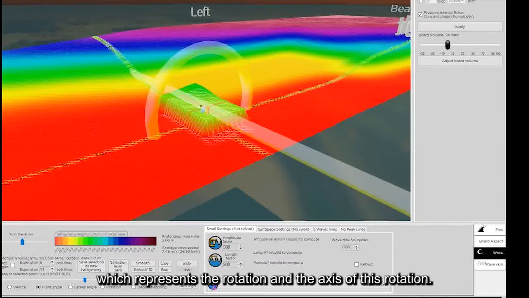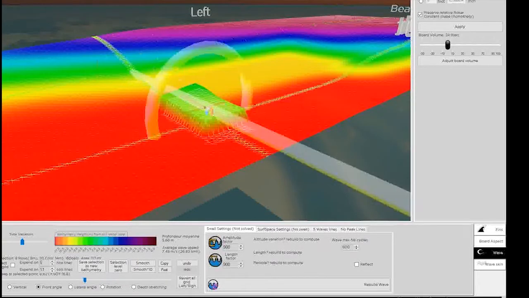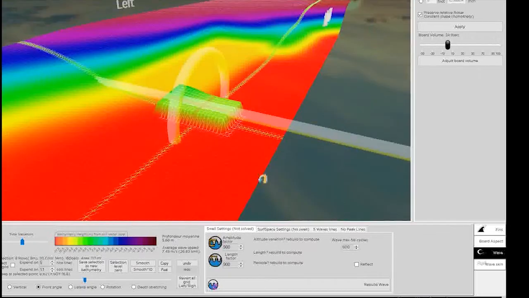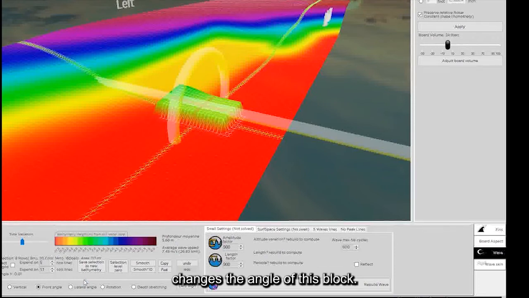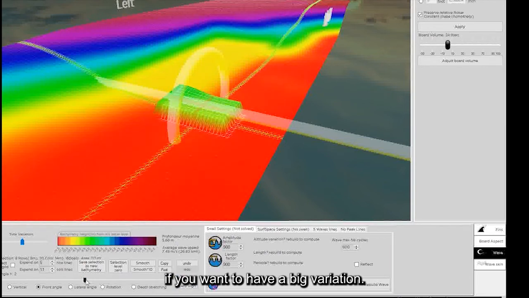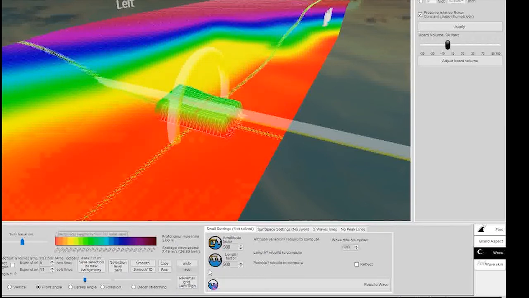I see a ring, which represents the rotation, and the axis of this rotation. Now my cursor changes the angle of this block. The change is slight, you have to do it several times if you want to have a big variation.